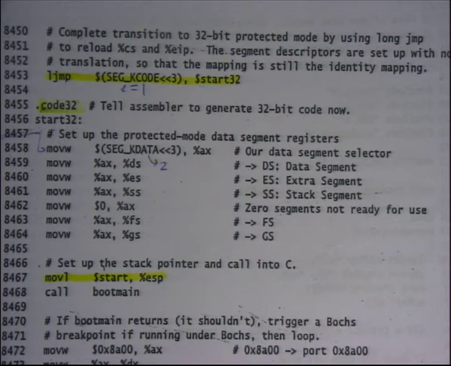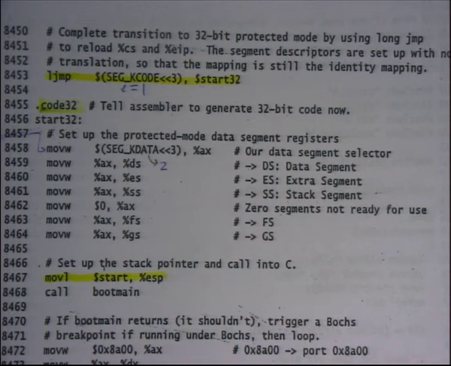K data is 2, let's say. So you load segment descriptor number 2 into DS, ES, SS, all the other segments. So why are we bit shifting by 3? Recall that the segment register had the last 3 bits reserved for something else. The segment selector itself was living only in the top 13 bits. So that's why we are shifting it by 3.